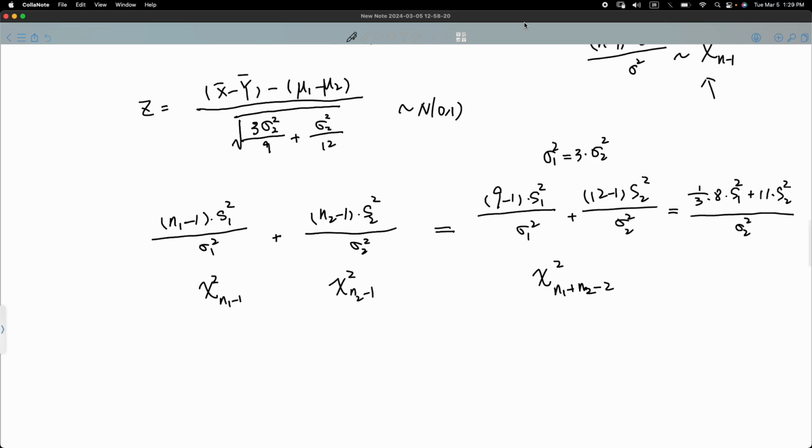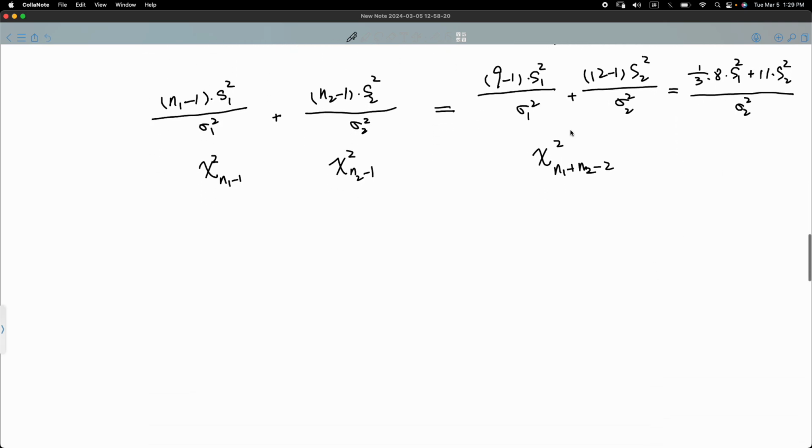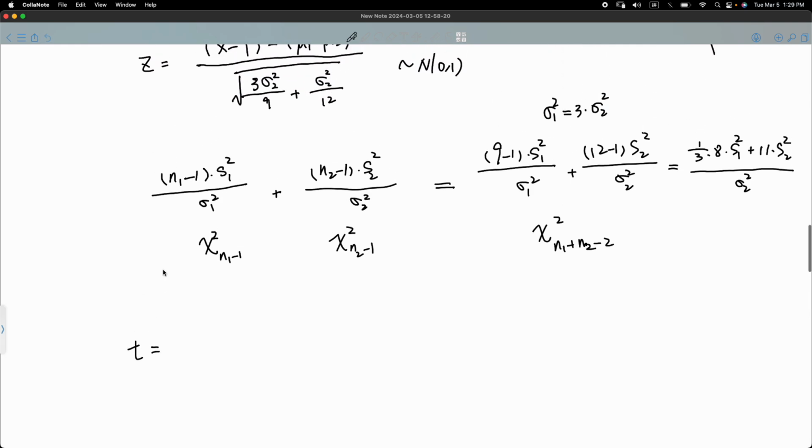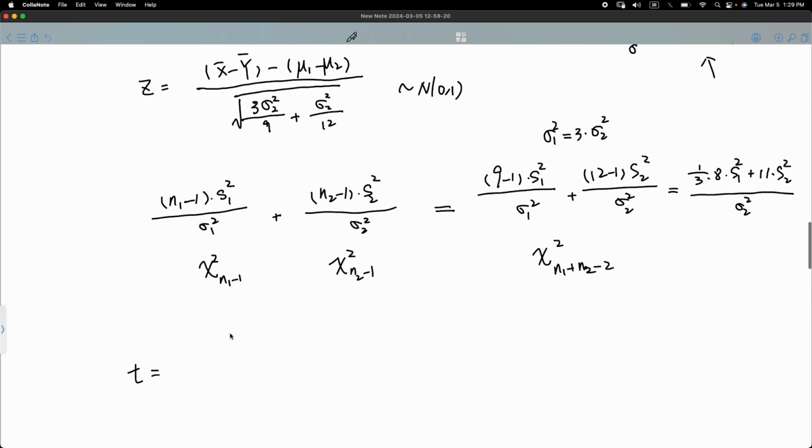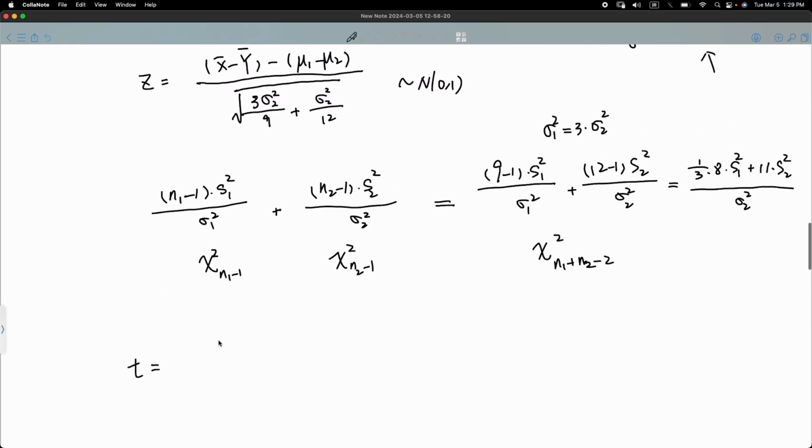Okay, so now we have one copy of a standard normal and then one copy of a chi-square, and then we are ready to construct the t and then to get the confidence interval. So we are going to construct a t statistic in the following way. First of all is the standard normal on the numerator. So x bar minus y bar minus mu1 minus mu2